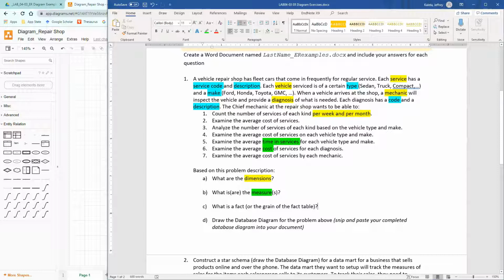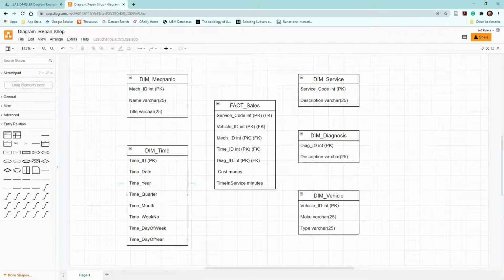So day of the week was not required, but what was required is the month and the week number. So the month and the week number are important things to have here. All these other things you do not need to have, but they're always a good thing to have in your